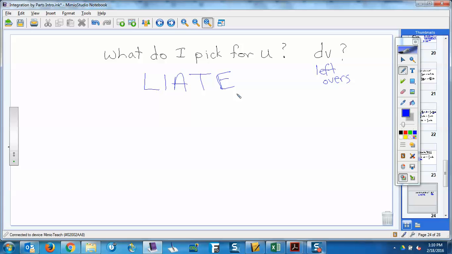So we want to pick a u, and then the leftover is going to be the dv. Now the key is, what we pick for u is not a big deal because we're going to do the du, which is the derivative. But the dv is the tricky part. So we should probably ask what we should pick for the dv, and then the last thing left is what we pick for the u. That's kind of how we're going to do it. So the thing we want for the dv needs to be something we can easily do the antiderivative